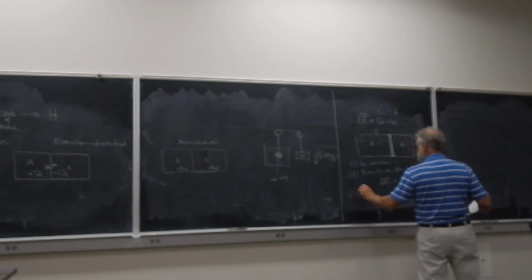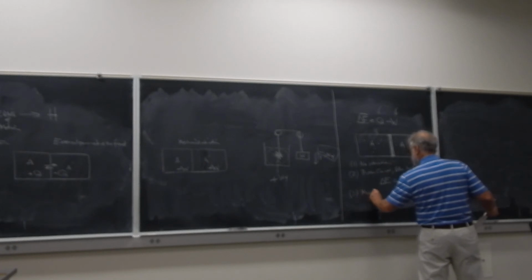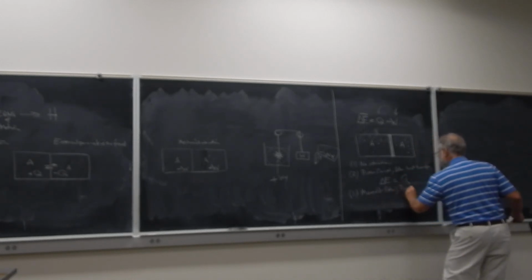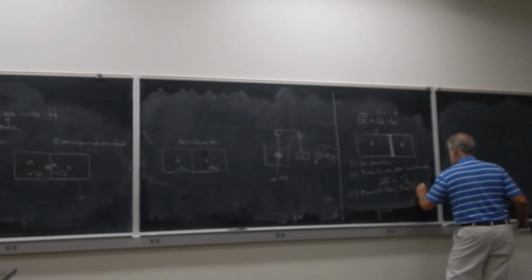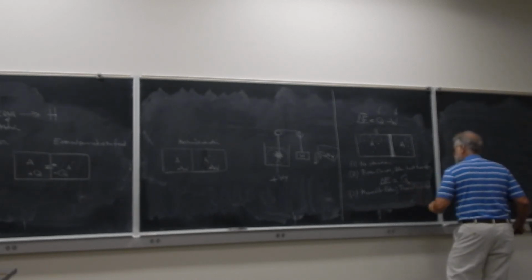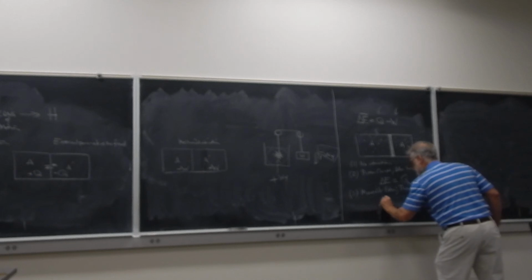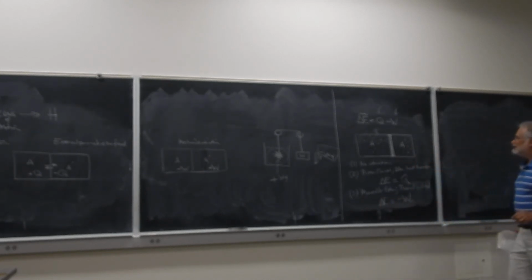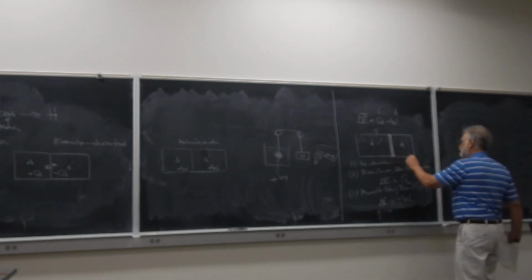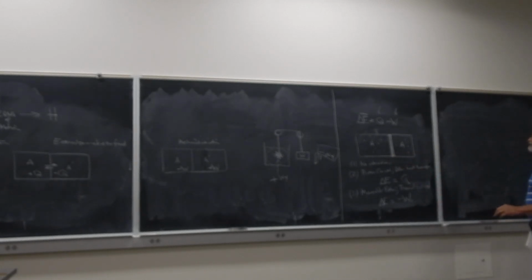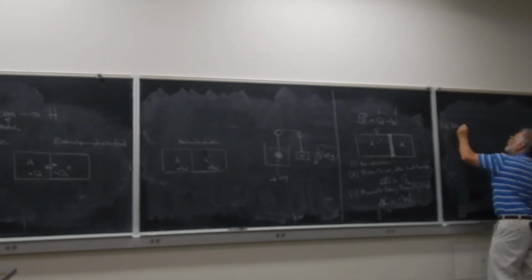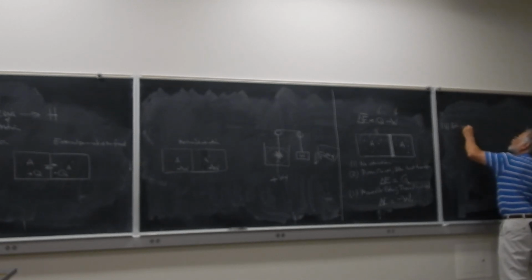In the third case, we have a movable piston. But the systems are thermally isolated from each other. So in this case, any change in internal energy would just be equal to minus the work done by one system on the other. And then in the fourth case, of course, we allow both motion of the piston